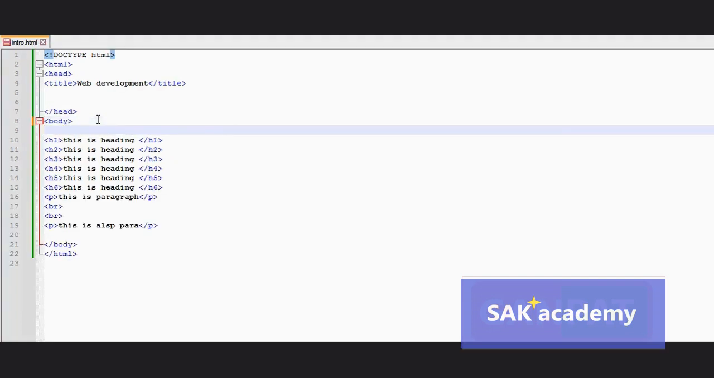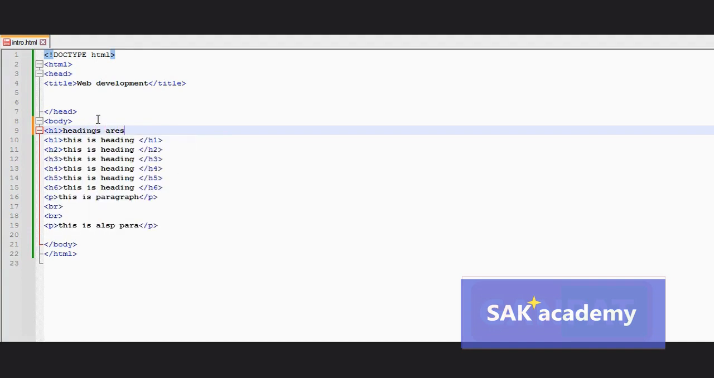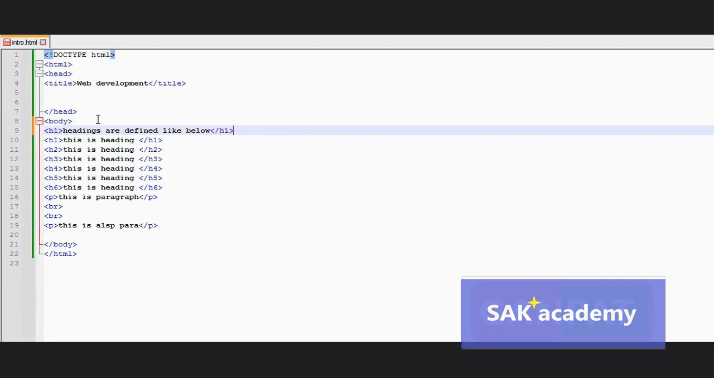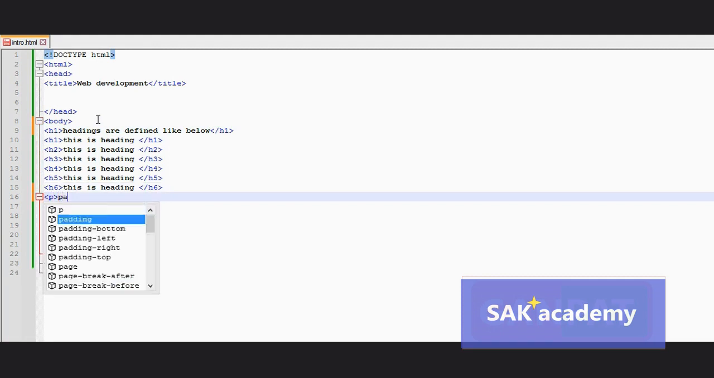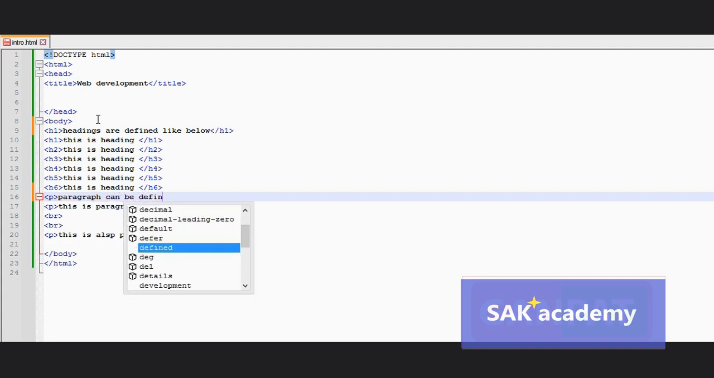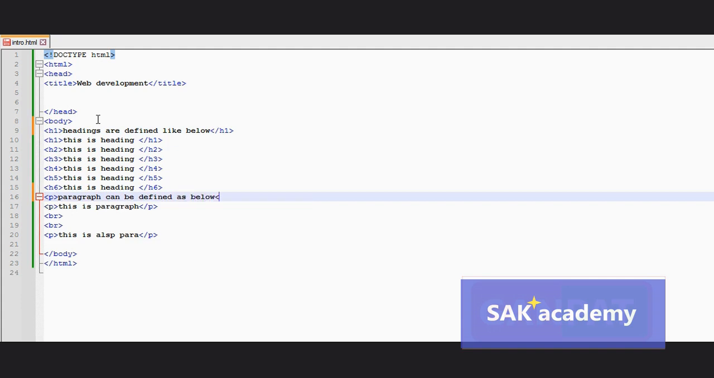A brief explanation of each of the HTML concepts. The basic structure of an HTML document. The doctype HTML declaration tells the browser that this is an HTML5 document. The HTML element is the root element of the document and contains the head and body sections. The head section contains metadata about the document such as the page title, while the body section contains the visible content